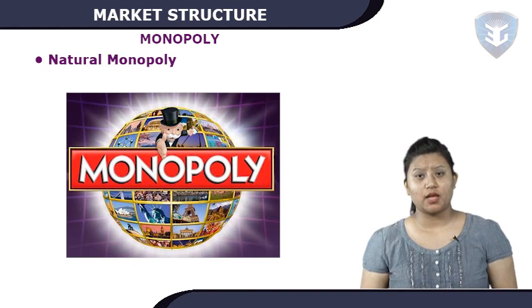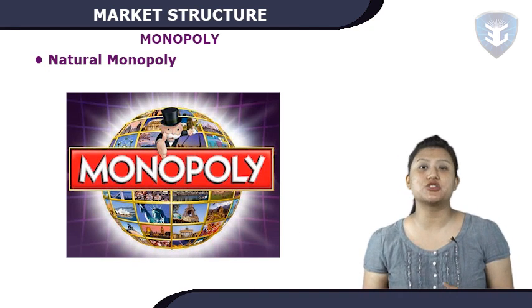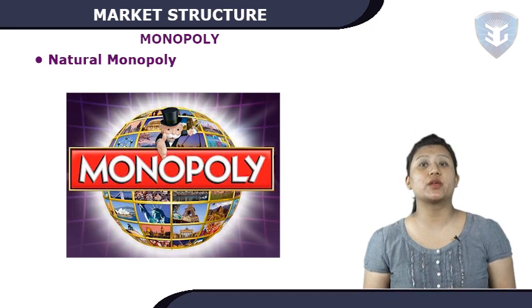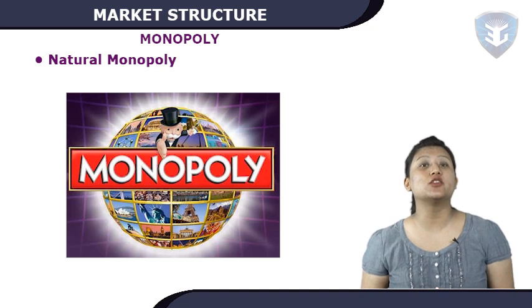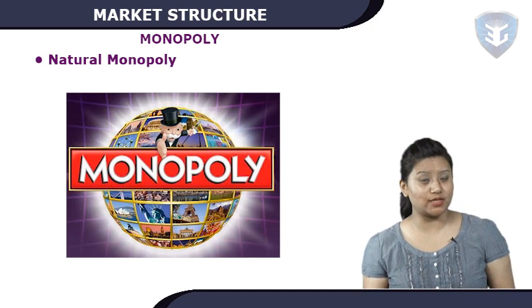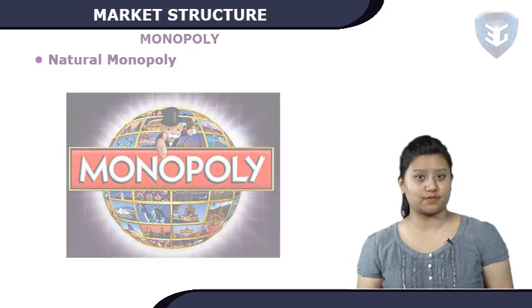Natural monopoly. It exists when the product is for a niche market and a single firm can satisfy the entire market demand through economies of scale. If any competitor enters the market, the price decreases since the total supply increases and both the firms suffer losses.